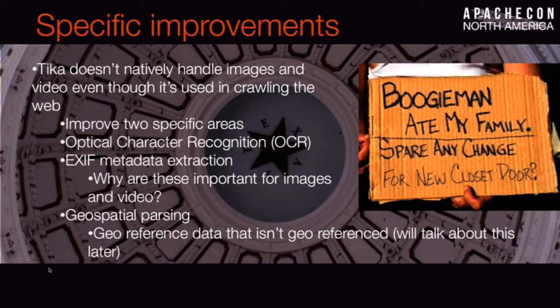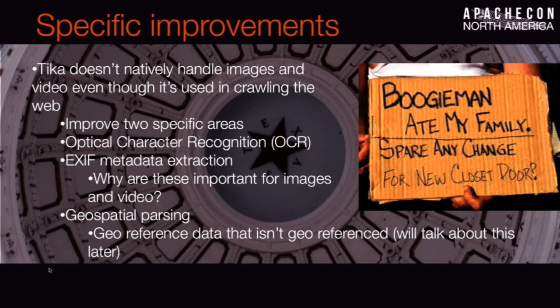Two particular areas that we've been adding to Tika to do this are optical character recognition. How many of you are familiar with Tesseract? Tesseract is a library that will do OCR from text, and there are other libraries out there doing it. Tesseract's just a good example. It's open source. IBM and Google, over the last decade, have contributed a lot to open sourcing it and making it easy to use with language packs and stuff like that. So we've been working a lot to add OCR support to Tika so it can handle text from images.